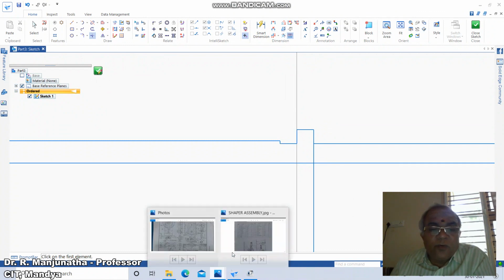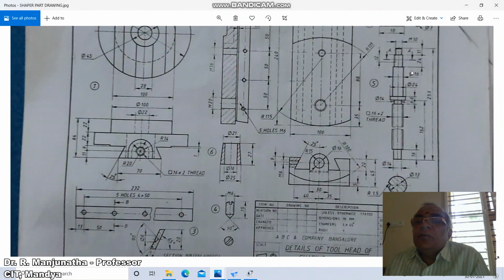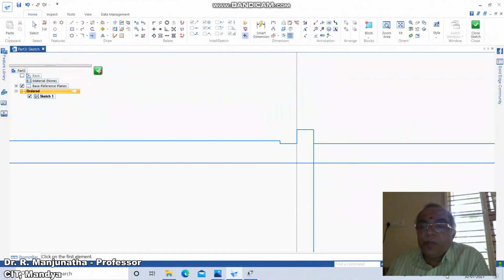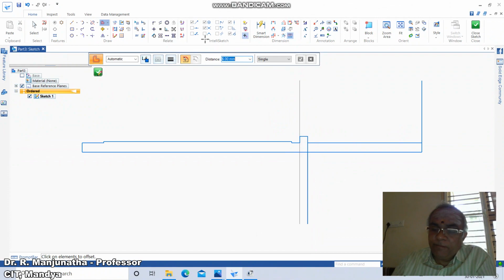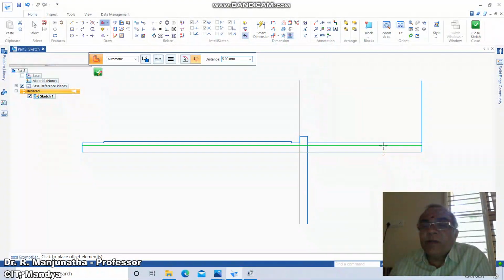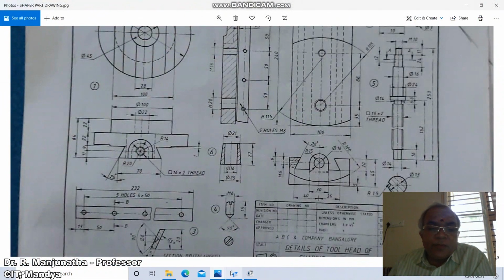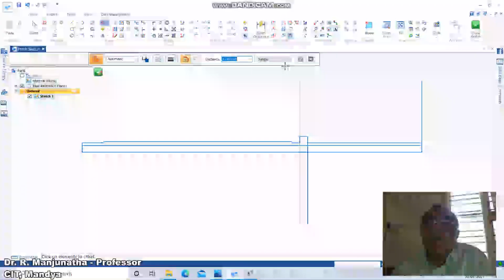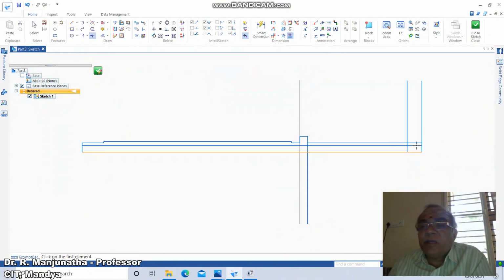Now we will go for this portion, which is diameter 16 again. From here we are going to start. We have M10 here to a length of 11. So go to Fit, 10, Offset, you take 5. From here you take 5 and to a distance of 11 mm. So go to Offset, take the distance as 11. From here to here you go to Trim Corner between this and this, between this and this.